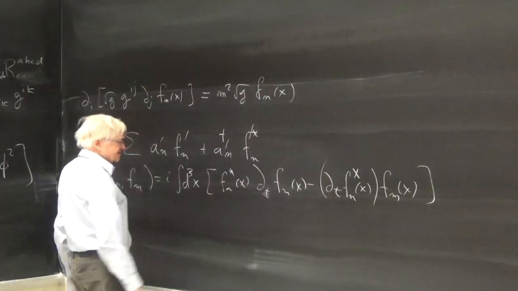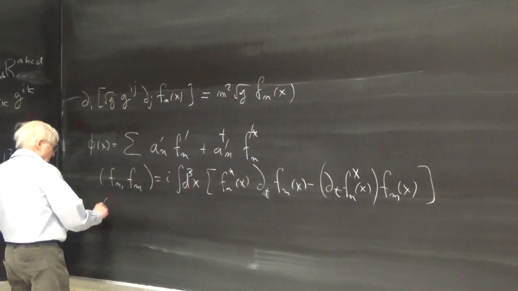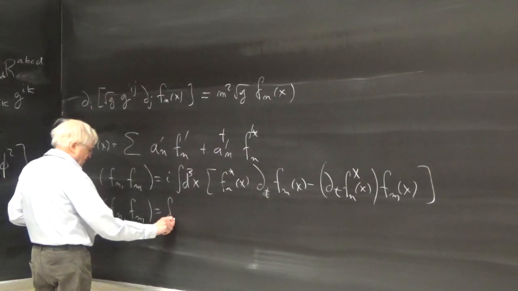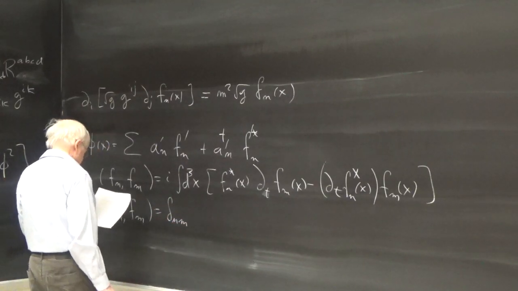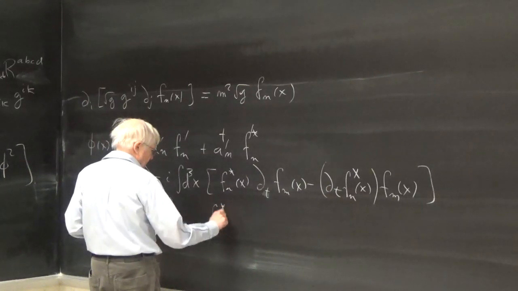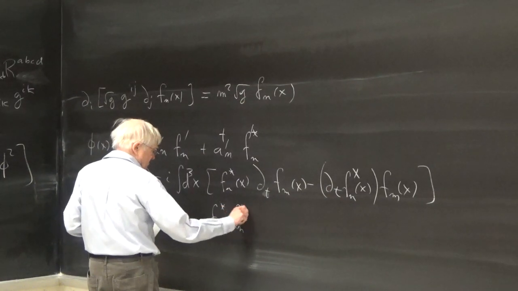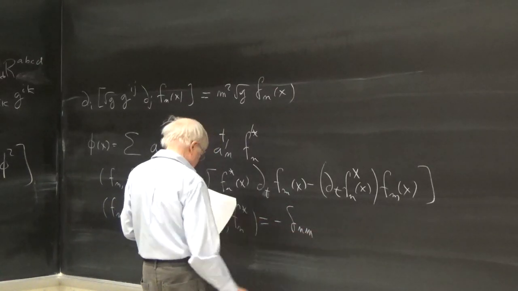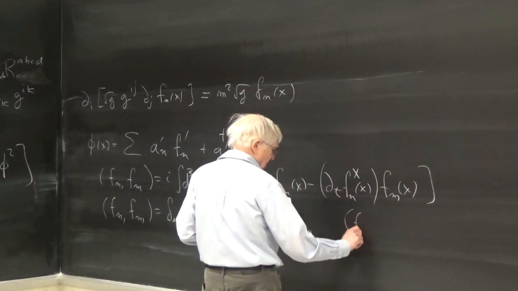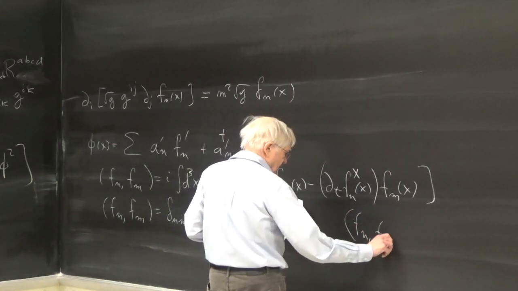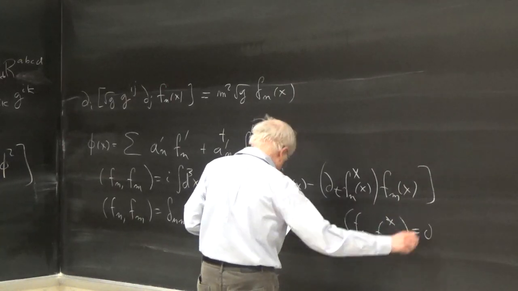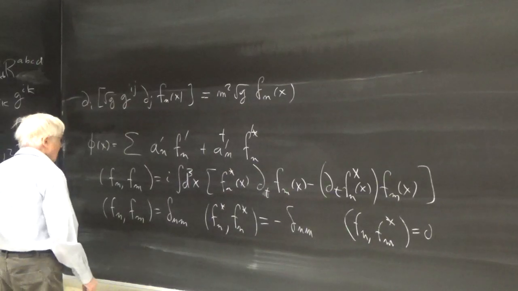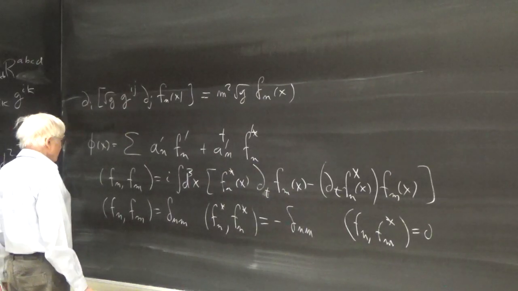provided, at least if the fields are suitably normalized, one can have, in fact, we'll assume that they go like this. (F_n, F_m) is minus delta_nm, and (F_n star, F_m star) is just 0. This is a special case of a more general metric, and the more general metric